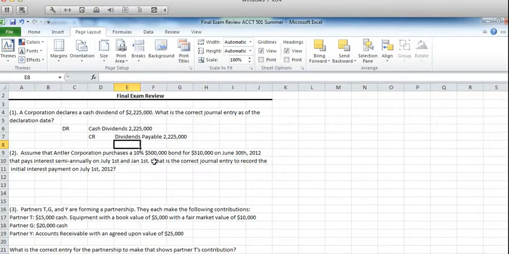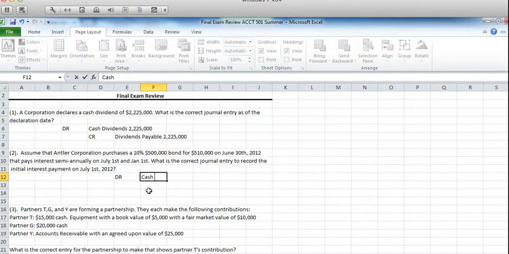Since it pays semi-annually, we're going to divide that in half, and you will see a debit to receipt of cash, $25,000,